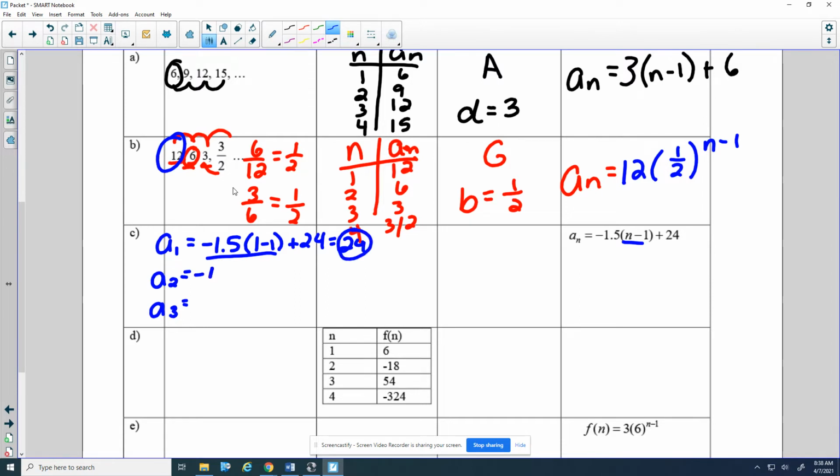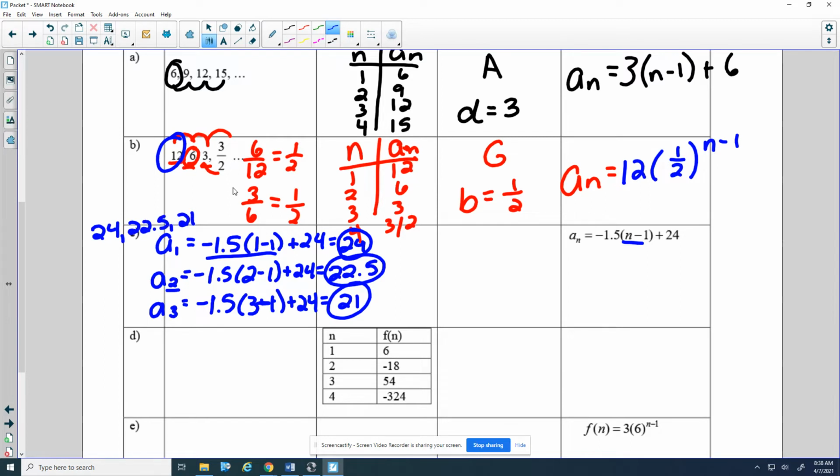Okay, I have negative 1.5 now times 2 minus 1. We're just plugging in values. So this is negative 1.5 plus 24, which is 22.5. And then negative 1.5 times 3 minus 1 plus 24. Okay, so that's going to be negative 3 plus 24, which is 21. So this sequence of numbers right now is 24,